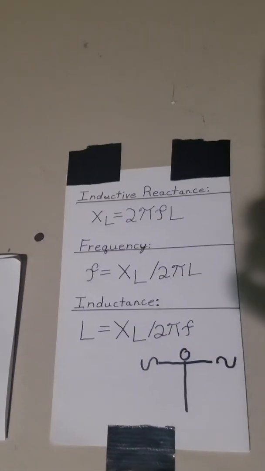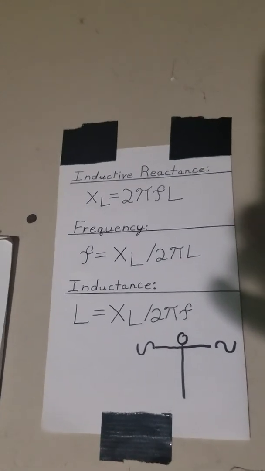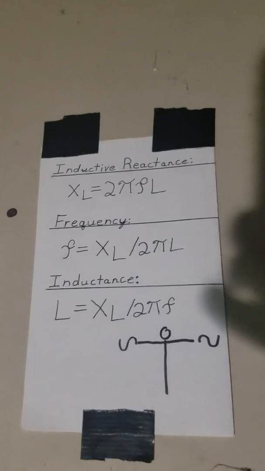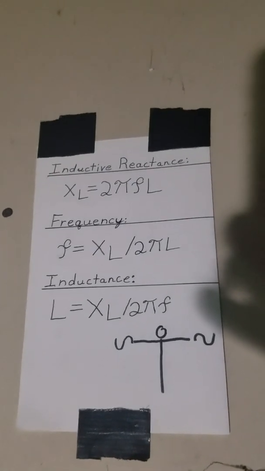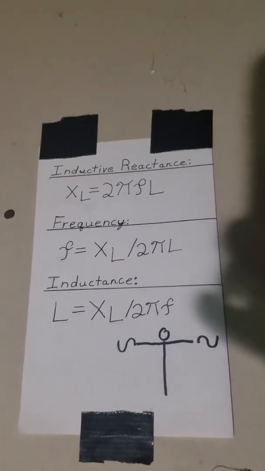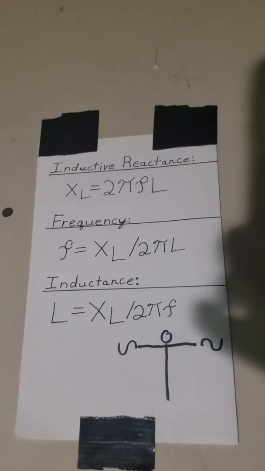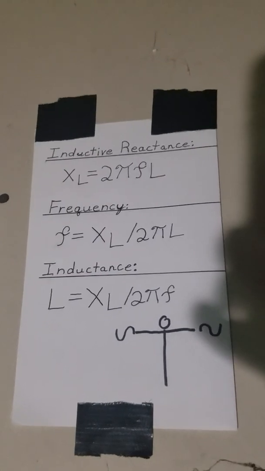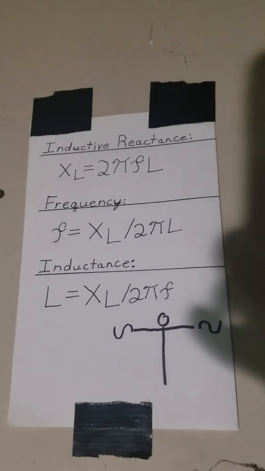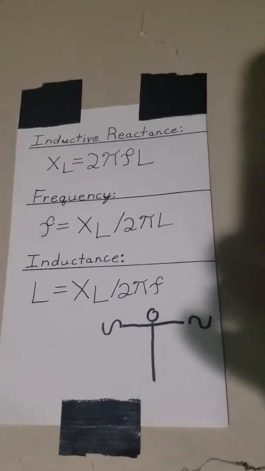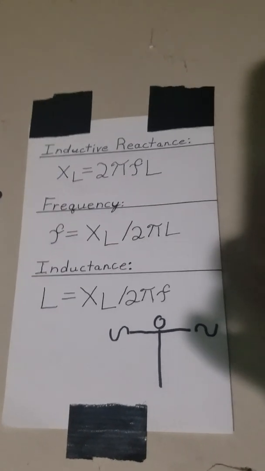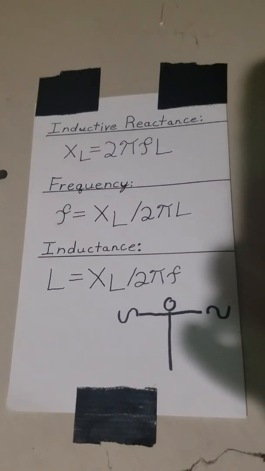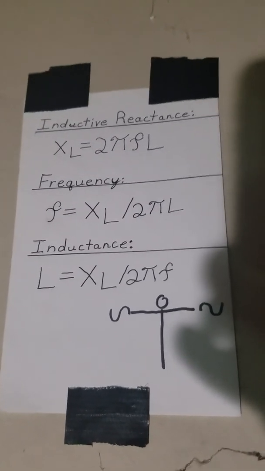You can check your formula. The frequency is equal to XL divided by 2 pi times L. You can check your inductance. Your inductance is equal to XL divided by 2 pi times frequency. Again, frequency is in hertz, inductance is in henries, and XL, your inductive reactance, is in ohms. Now that you know how to calculate your ohms,